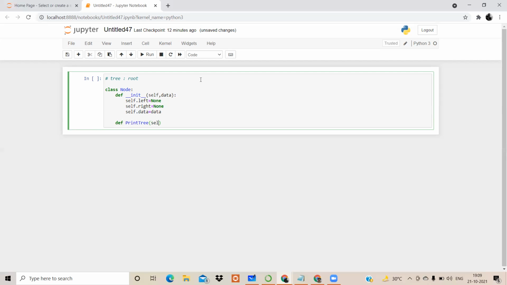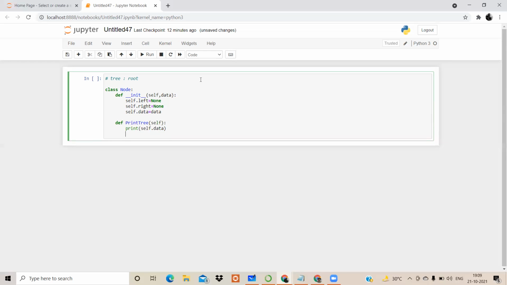As it's a method which is present inside a class, it's mandatory for me to write self, because at the end of the day, it is going to access the elements which are present inside that constructor. In this method, what we are going to print is self.data, because we just have that single element. That's the reason we are writing print self.data.